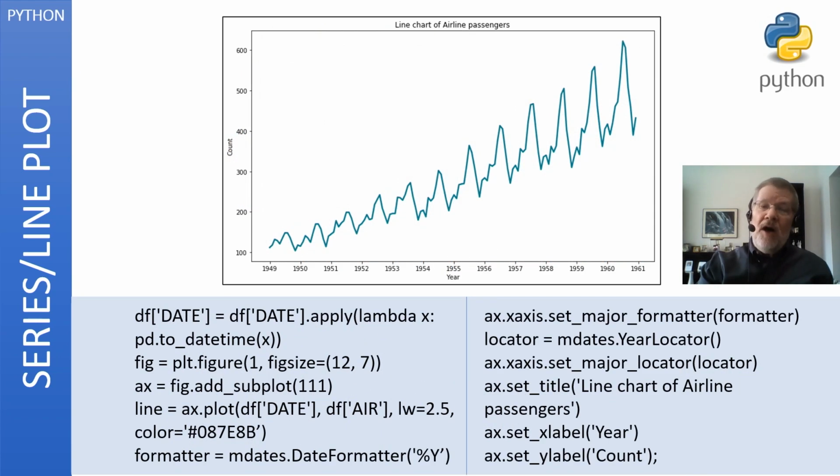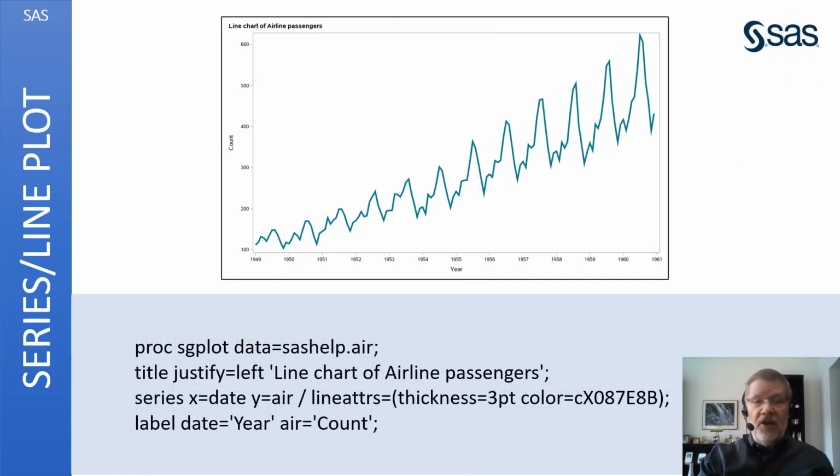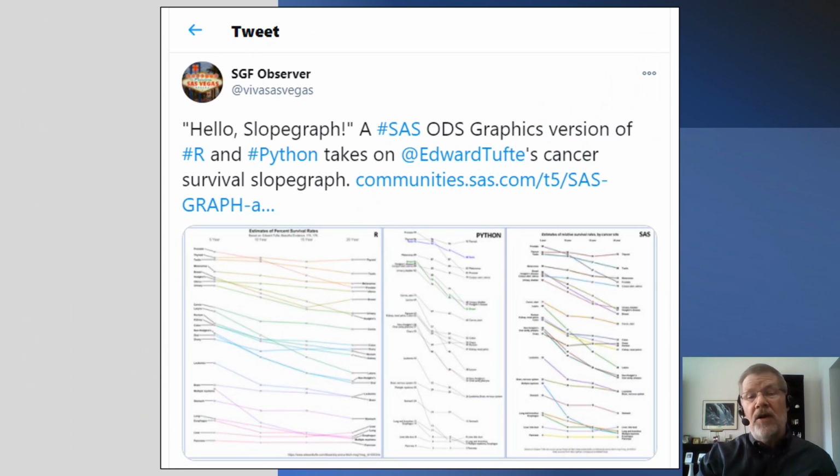Matplotlib also has to jump through a few hoops to produce x-axis ticks with each year. SAS, on the other hand, pleasantly surprises us by generating the desired x ticks by default. SAS is generally good about making intelligent choices when it comes to plotting axis values. And that wraps up our Hello Graphics World examples.